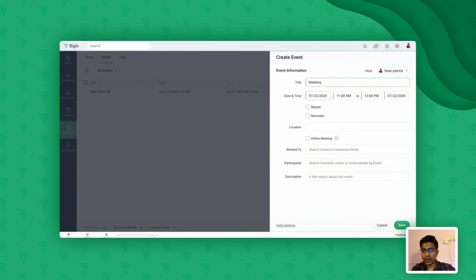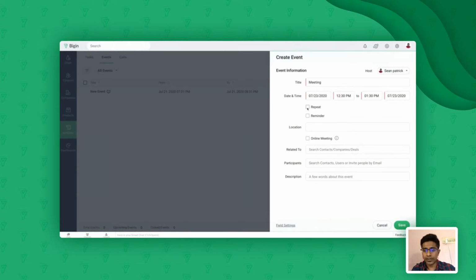Meeting. Now you can set a start time and an end time. So basically, you can specify a date over here, any time, and so this is the from time and this is the to time. So starting and ending of the meeting would be specified over here. You can edit at any point of time, and modify that as well.